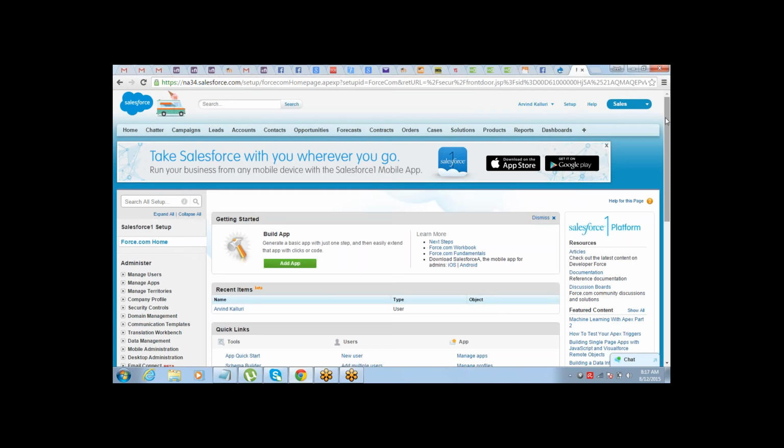For the developer edition, you go to developer.salesforce.com and go to sign up from there, right? Now there are two things. Why would I create a free trial?